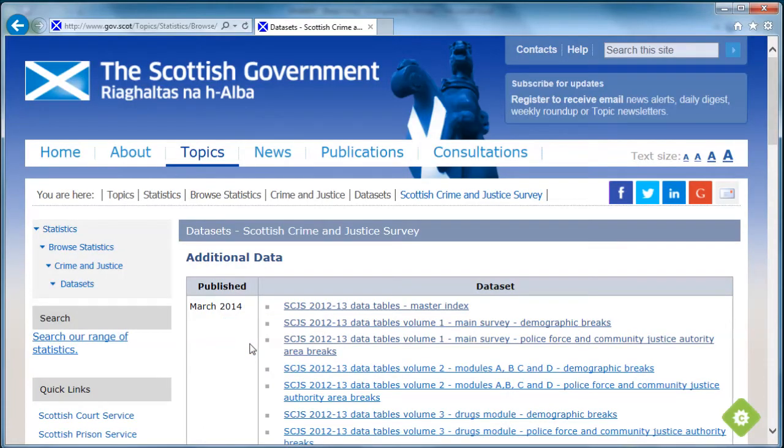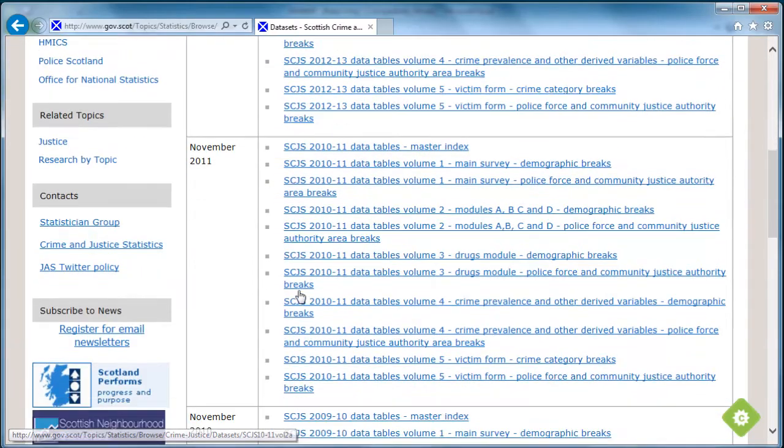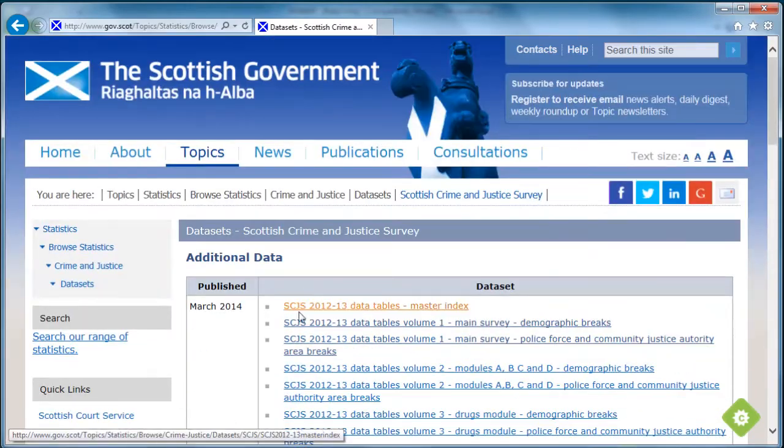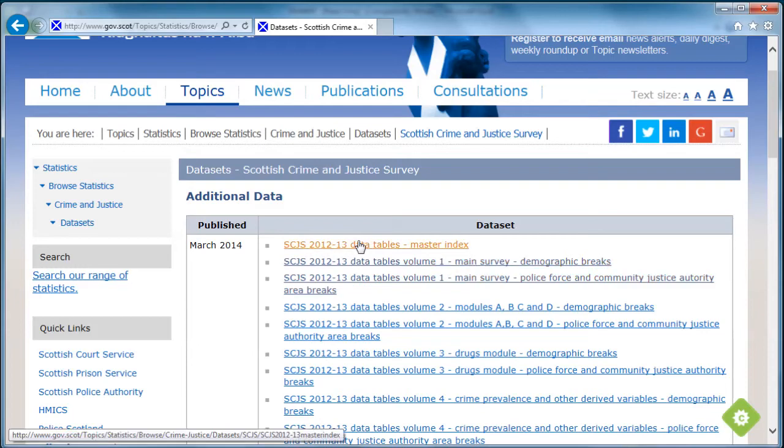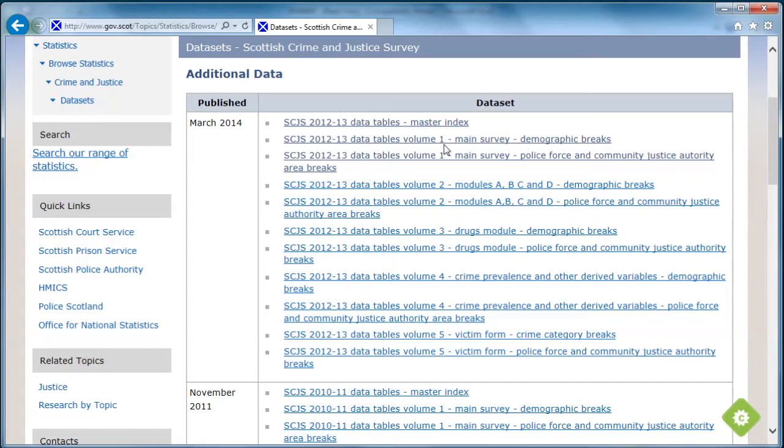This is all the tables that we published over the 4 sweeps of the survey, and we've got a master index page, and then we've got 5 volumes. Volume 1 covers the main questionnaire variables and is asked of the full sample, and then we have the modules which are asked of the quarter sample, and they cover communities, perceptions of crime and civil justice topics. And then we've got the drugs module, that's based on the self-completion part of the questionnaire, which asks about drug use. And then we've got